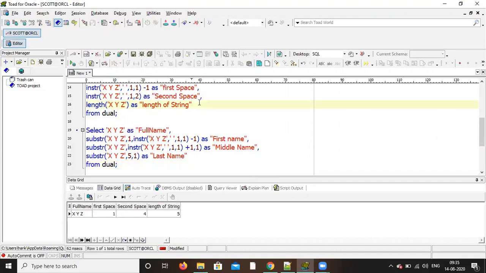One means what? We are getting 5. 1 means the length of the middle character, right? Yes. So the length of the middle character is nothing but your 1. So how to find that? That means how to find the middle name length. Now it is 1, right?